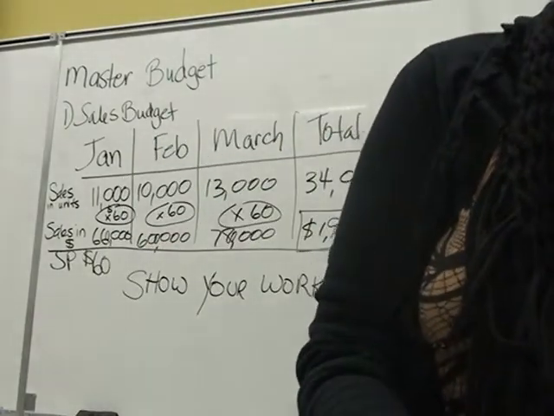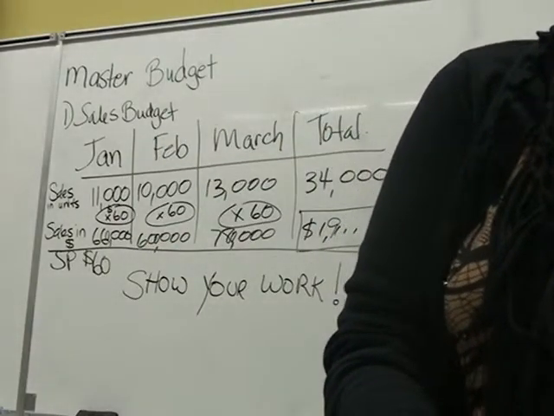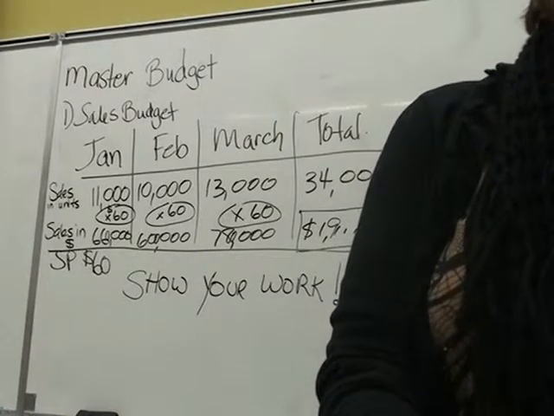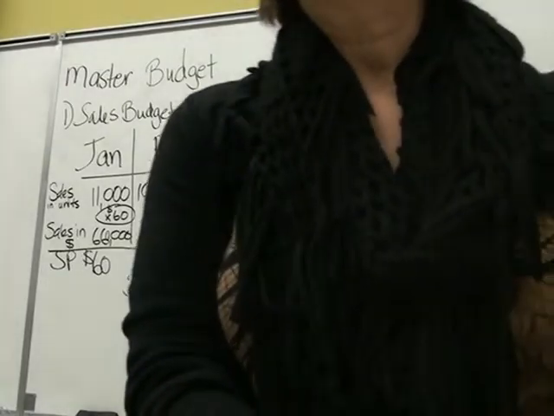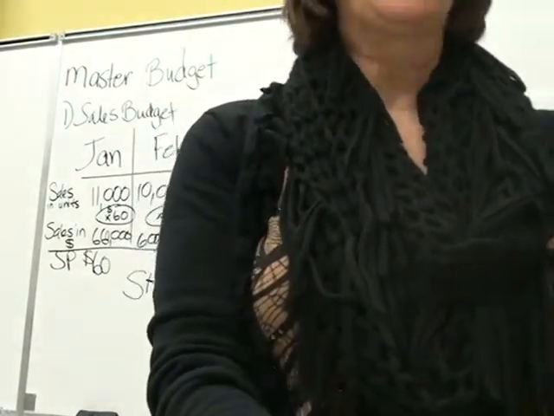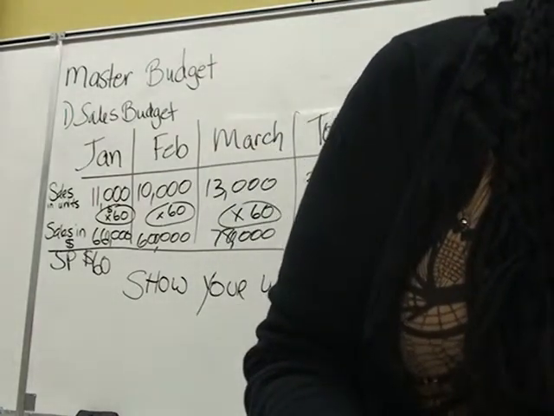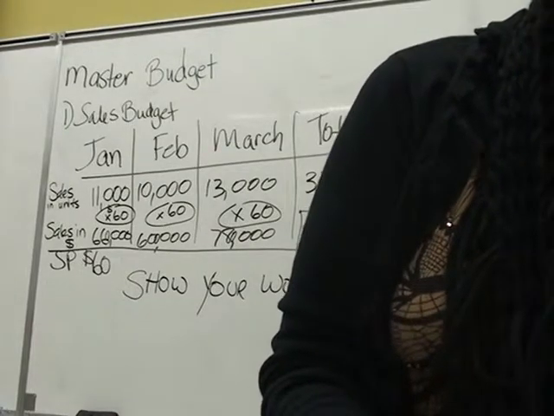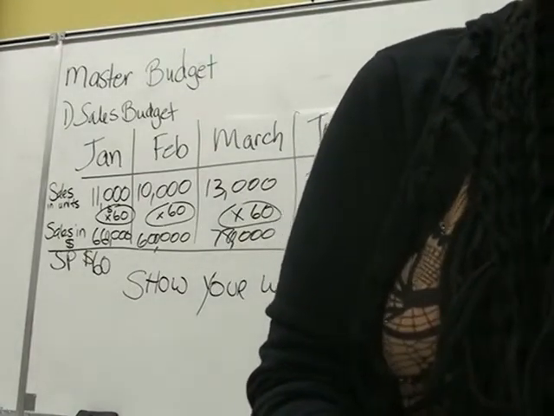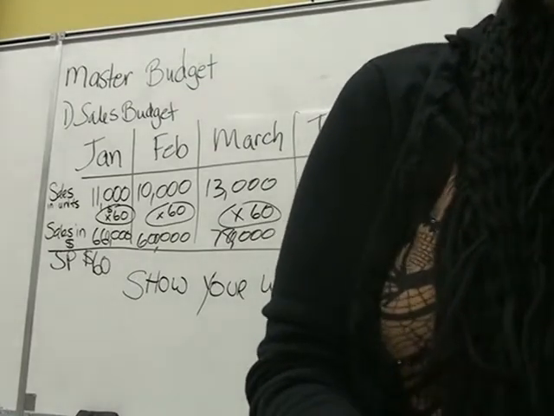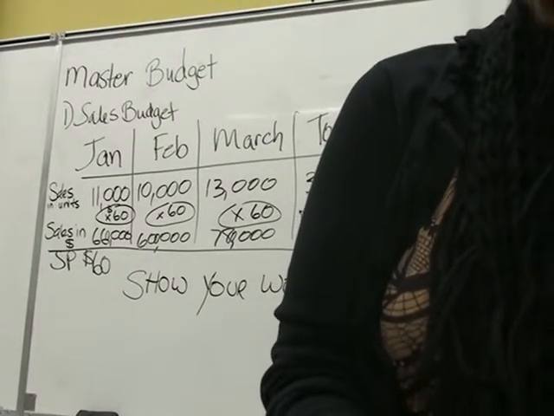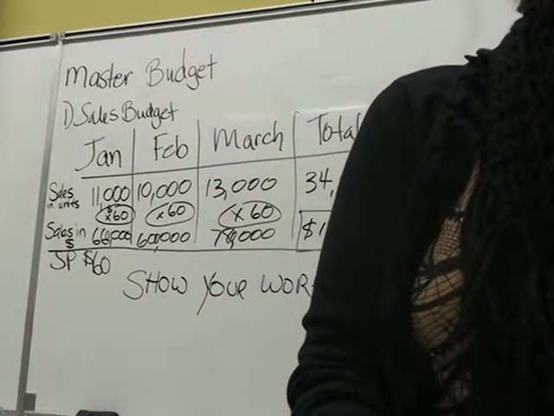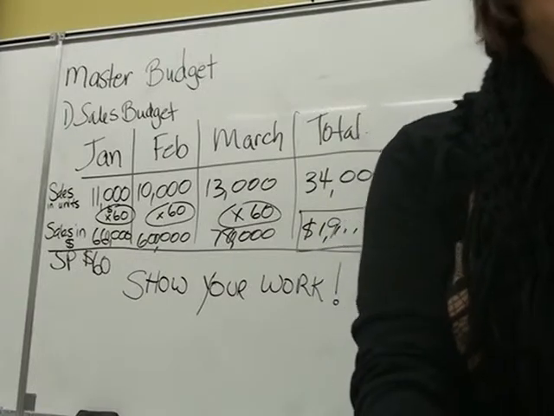So then the next part of Schedule 1, if you go back to 358, is the schedule of expected cash collections. This is my favorite part, but this part is a little bit trickier. It's not hard, but you really have to pay attention. So we are going to go back to the question, because it says in, let's see here, in the second paragraph under sales budget on 357, if you go back to 357, it says,